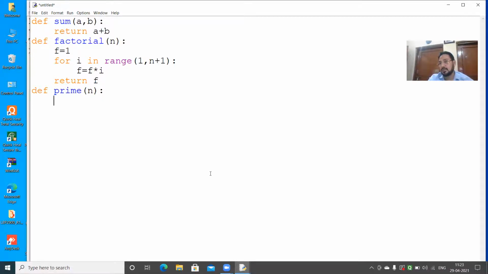Take the simple one: for i in range 1 comma n plus 1, and then if n mod i equals to 0, c is equals to c plus 1.